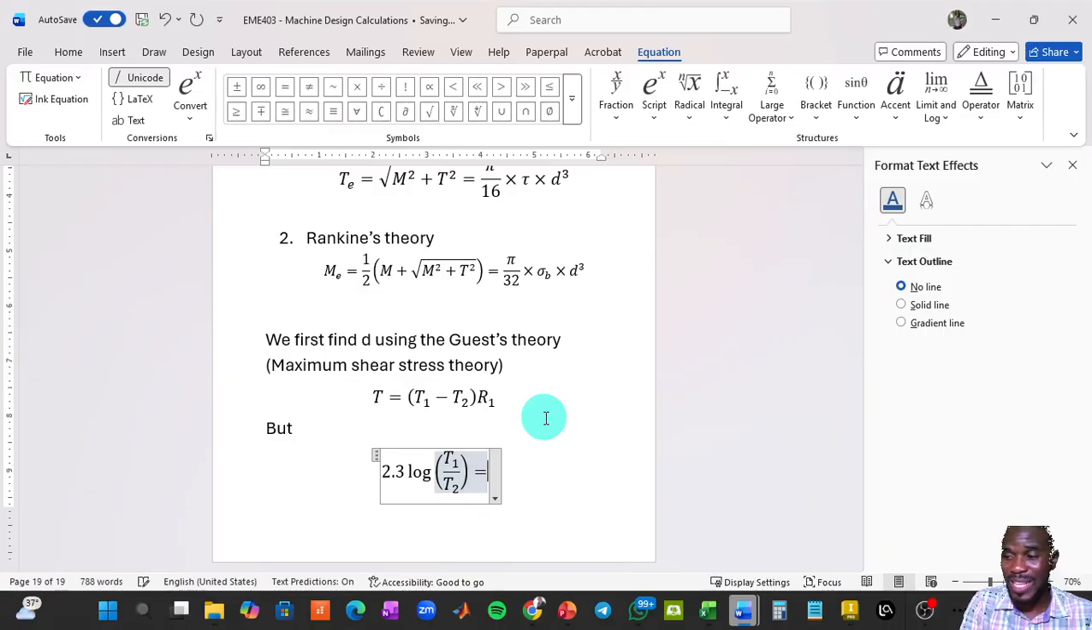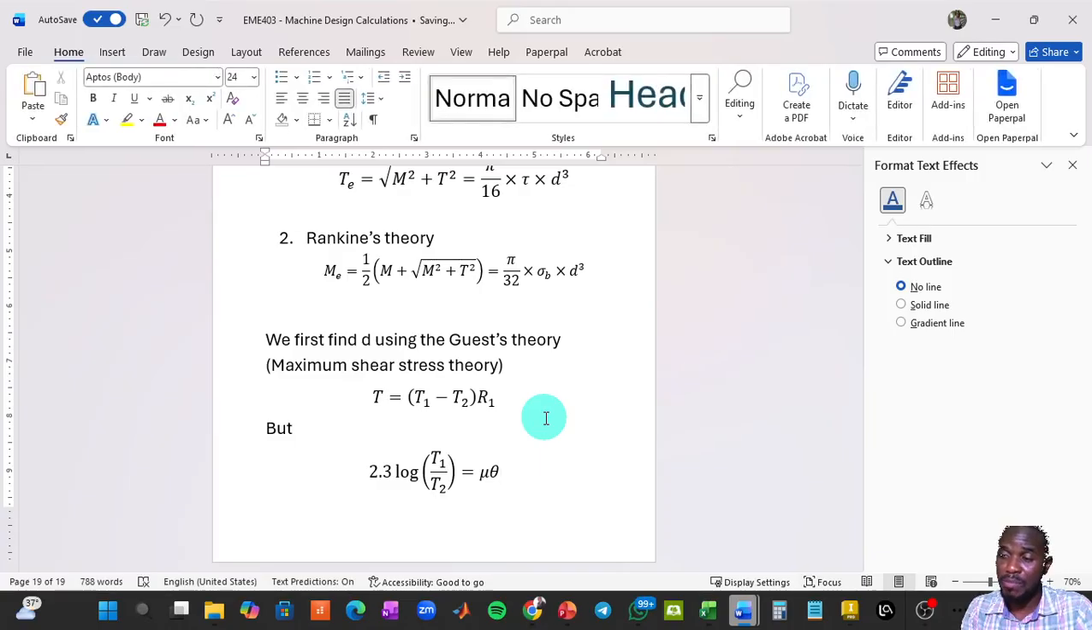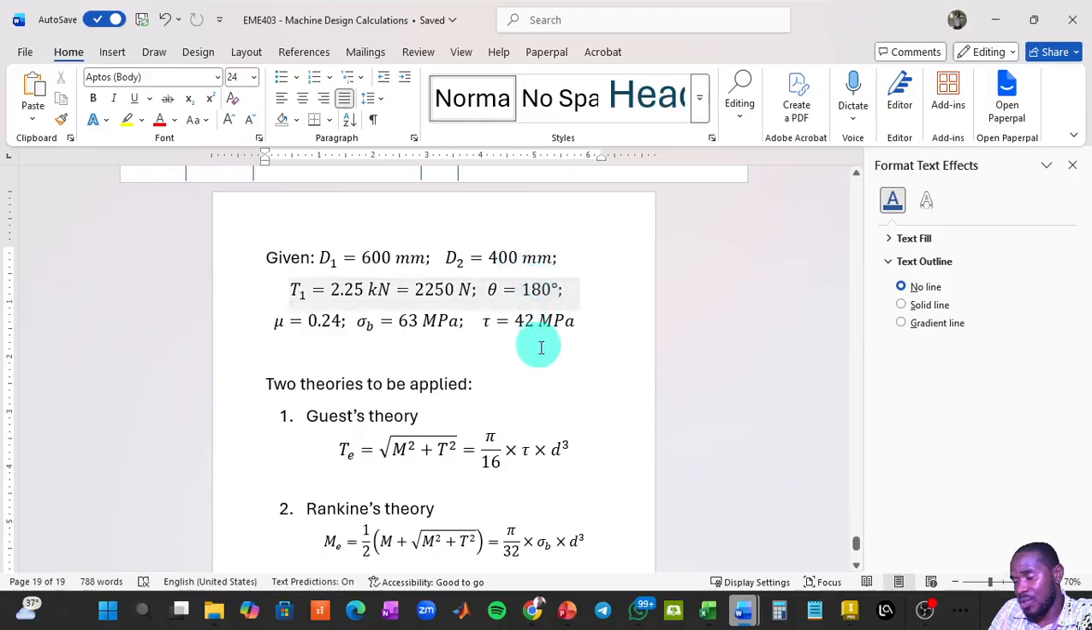This expression is the same thing as the product of the coefficient of friction and the angle of contact of the bearing. This is another equation used in belt drives. So let's look at this equation that I've provided now. We know theta. Theta has been given to us as 180